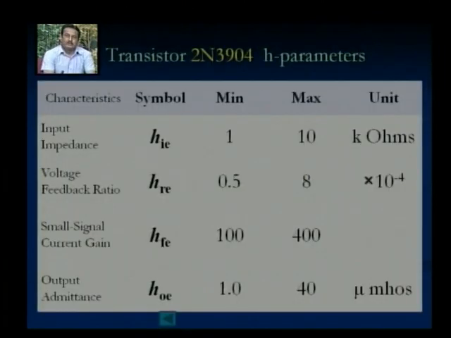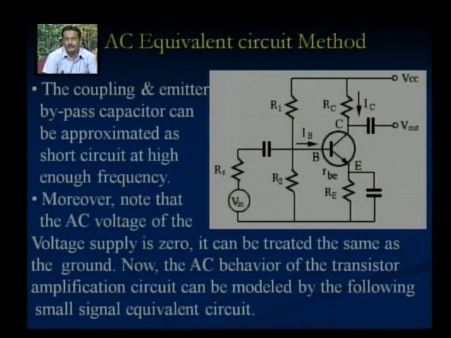Now, so far we have seen the transistor circuits, the equivalent circuit of this transistor using h parameters. Now there are other methods also that we will see later on, but when this transistor is incorporated in an amplifier circuit, what happens to the circuits is also of very much importance.